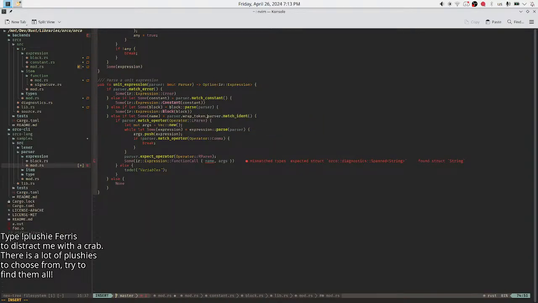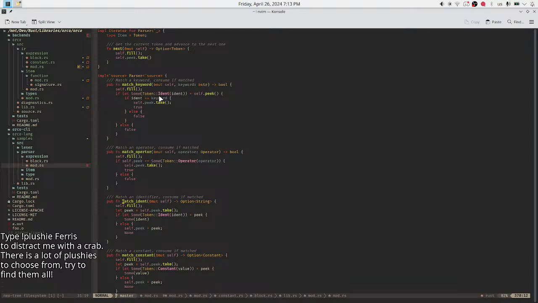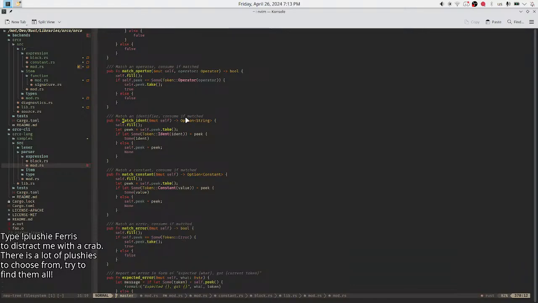Token. I mean, can't really match spanned ident or just match ident. It's going to return a span one. Option of a span string, and then I'm going to do other stuff.